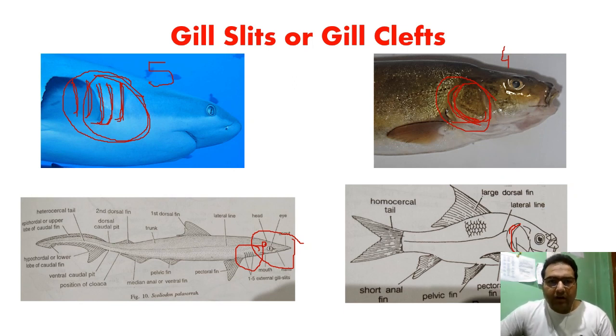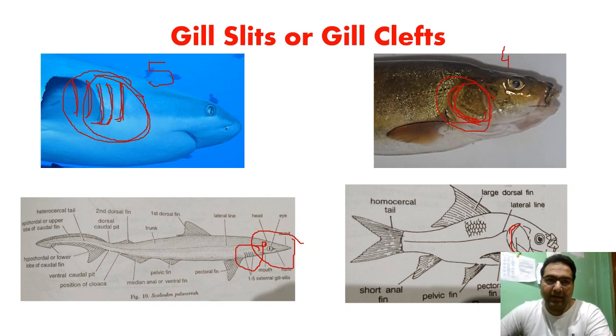The gill clefts or gill slits on each side open internally into the pharynx by wide internal branchial apertures, and outside by narrow external branchial apertures. In the case of sharks, the gill slits are laterally situated, while they are ventrally placed in some other cartilaginous fishes. In sharks they are laterally placed, whereas in the case of flat fishes,